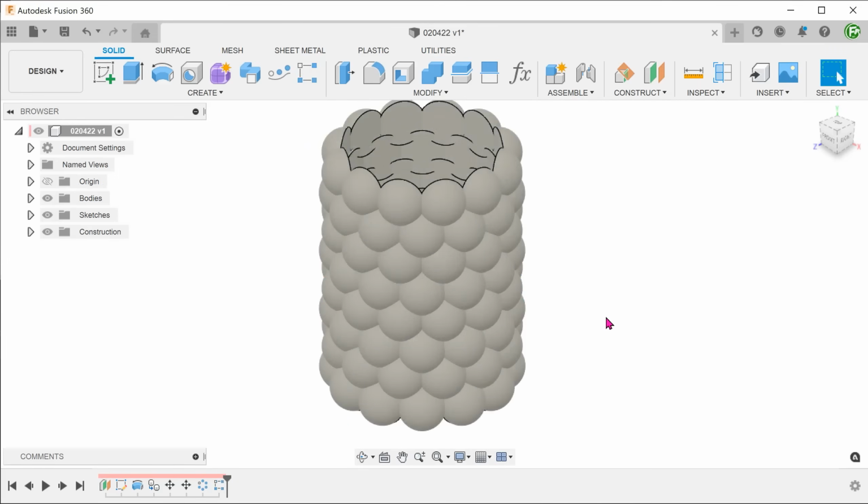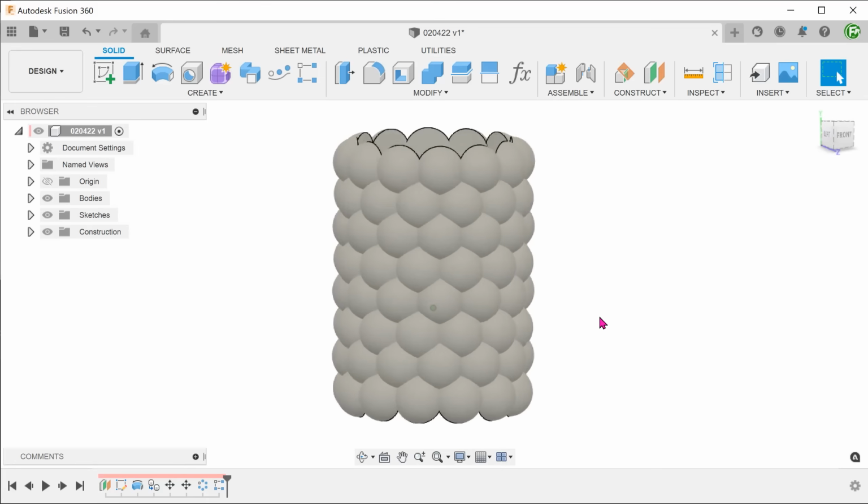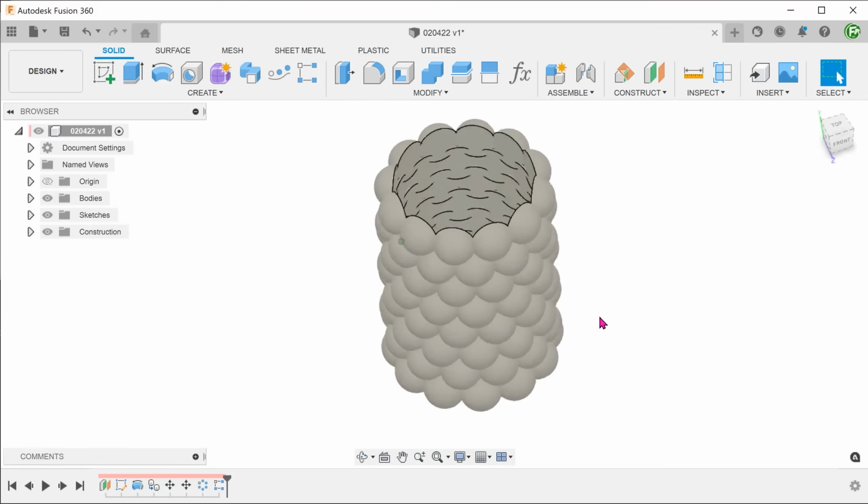Do take note that the move values and pattern parameters were decided by me simply eyeballing the pattern and adjusting them during testing. The resultant hexagonal shapes are not geometrically accurate. If any of you watching knows how to calculate the exact values to achieve an accurate hexagonal pattern, do let me know in the comments.